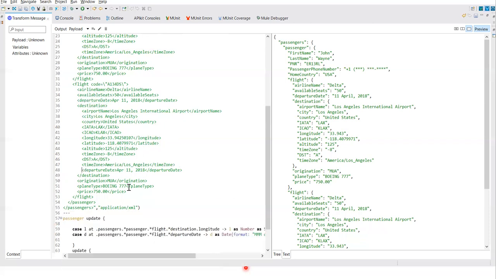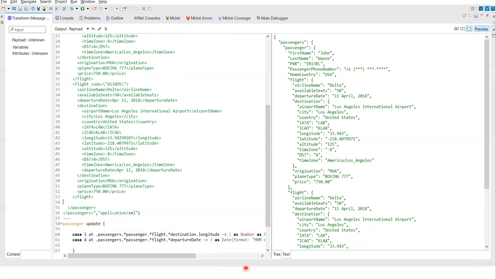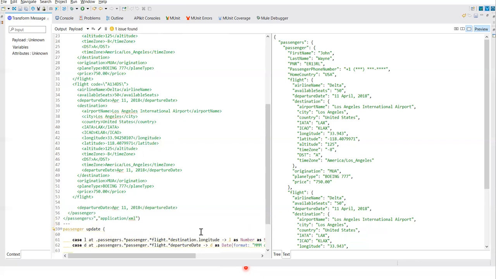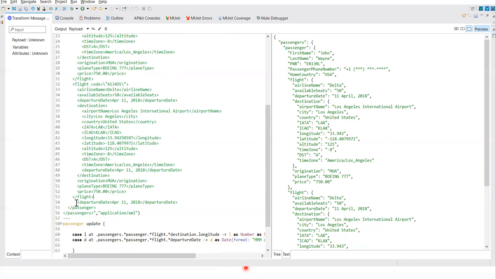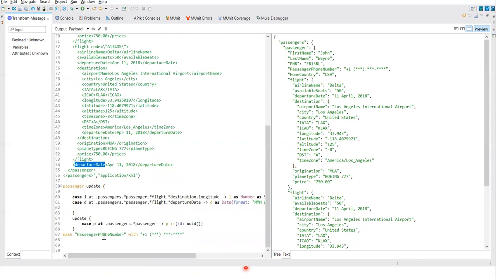Let me add the departure date at the passenger level also. So we have departure date at passenger level. Let me copy this, and instead of phone number, I'll just give this.